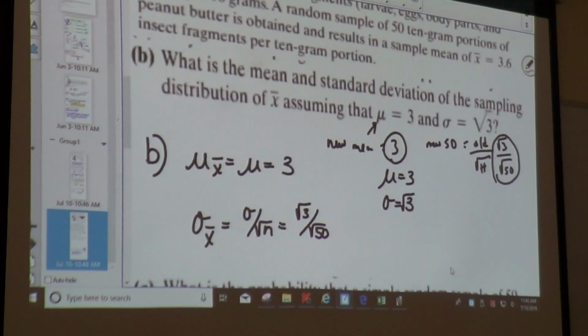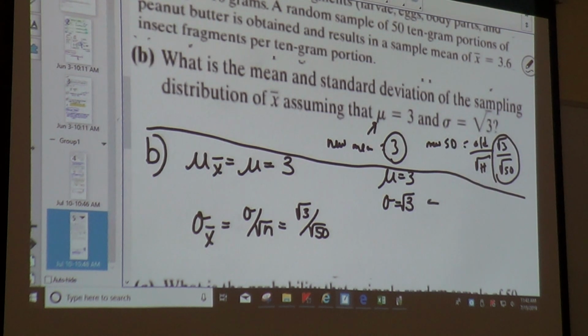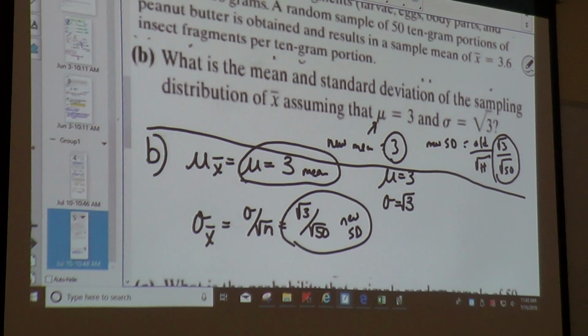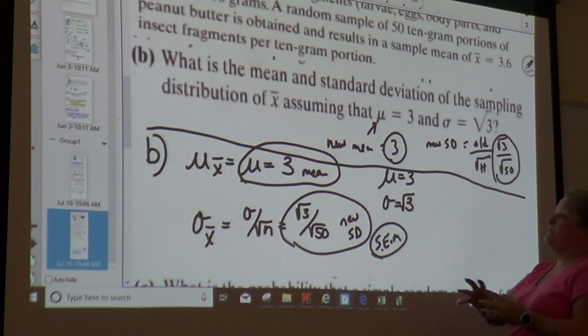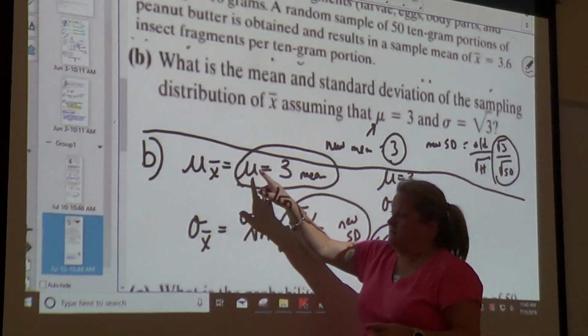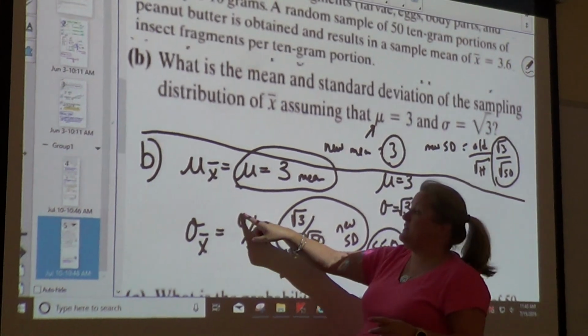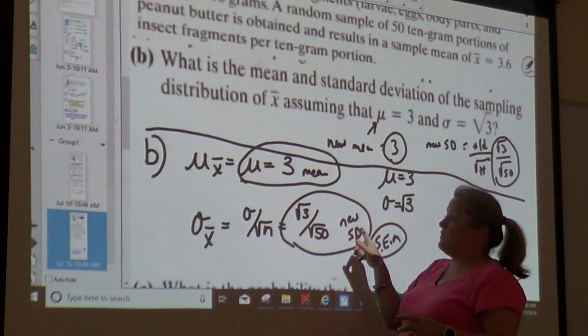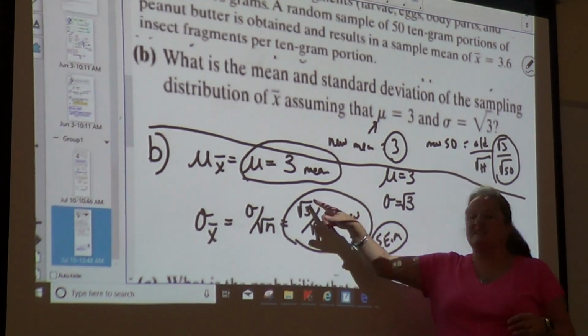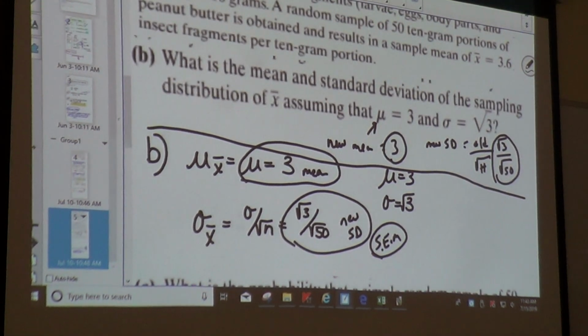So if I come down, that is what this is saying. This is my mean, and they're saying that this is my new standard deviation, which we also call the standard error of the mean. So the mean is always the mean. The standard deviation is going to be the old standard deviation divided by the square root of the size of the group. And if they wanted me to type in this calculator, be careful though when you're typing this into the calculator,